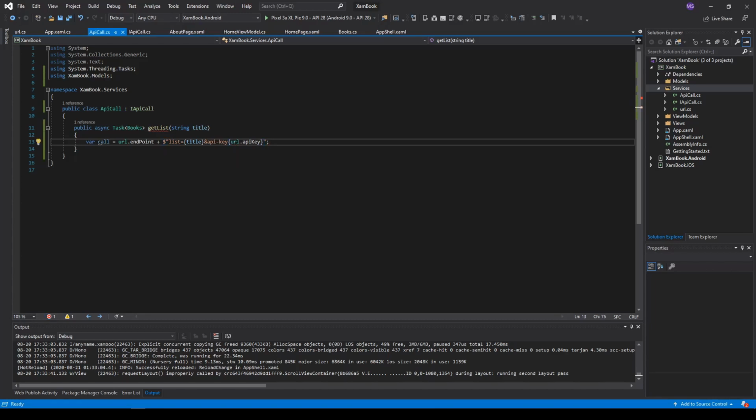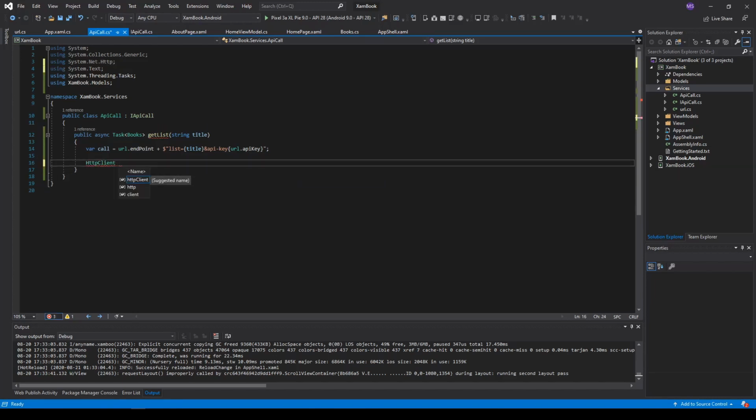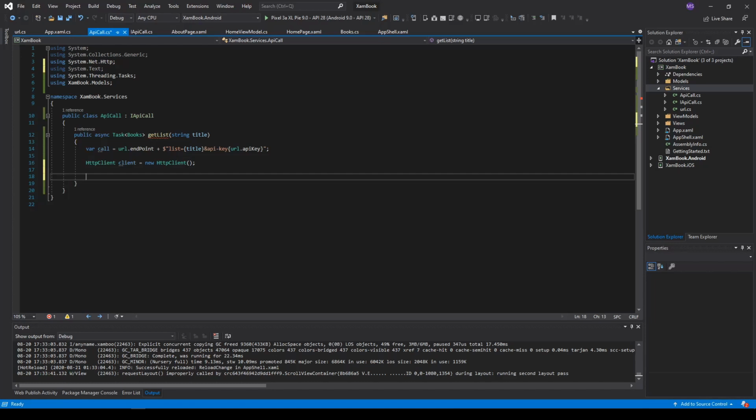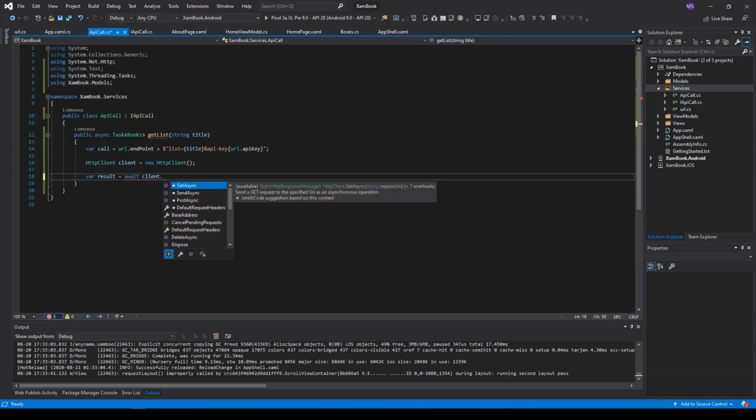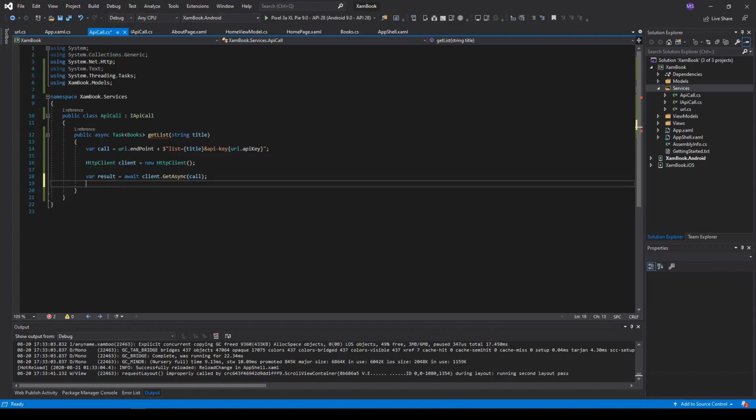Okay, and then the next part is we are going to make an HTTP client, HTTP request client, new HttpClient, and then one result equal to client, await, don't forget await client dot GetAsync, and then we pass our URL, call URL, and then